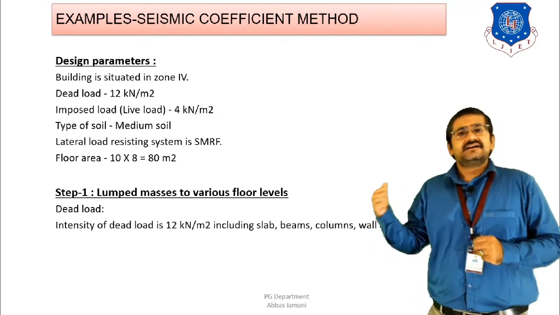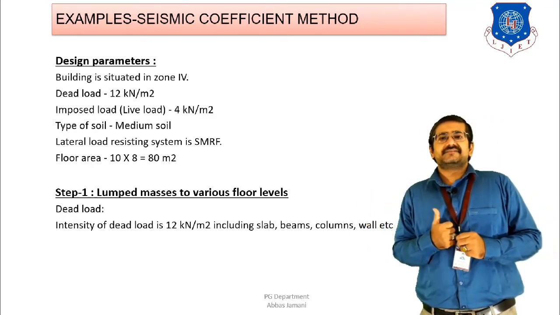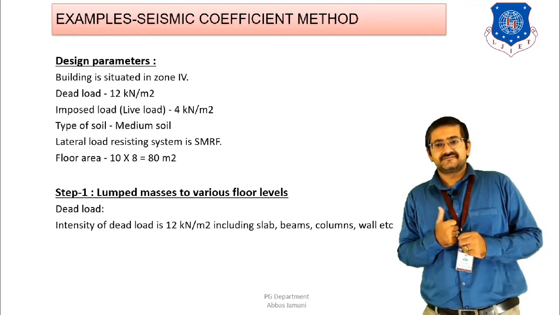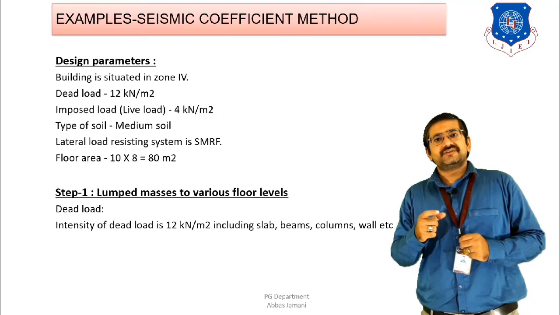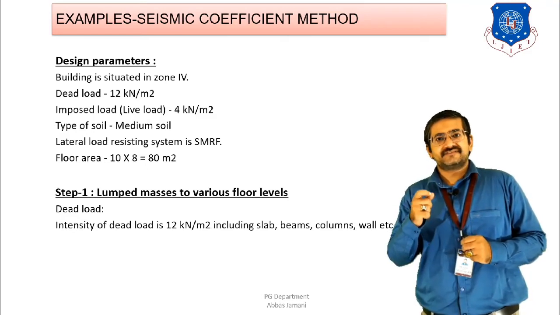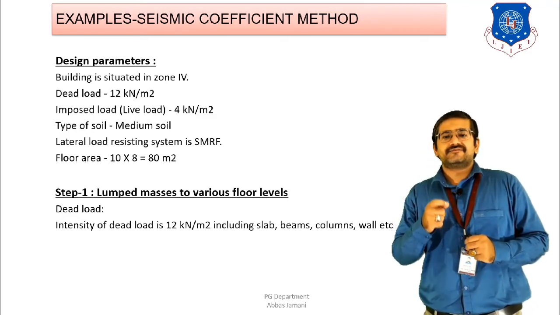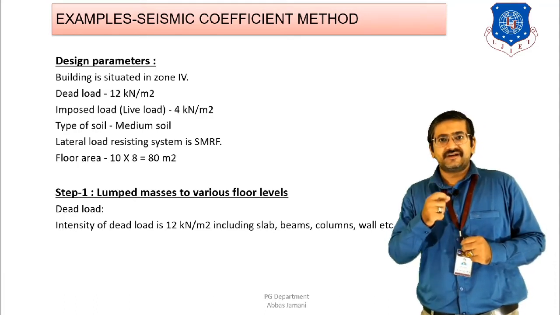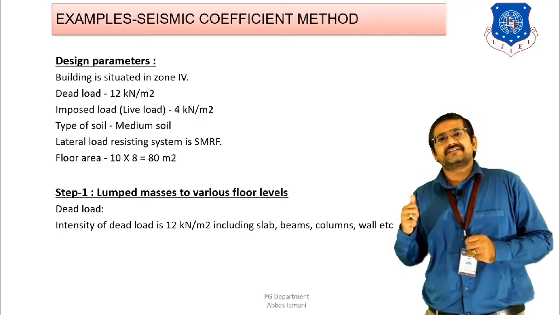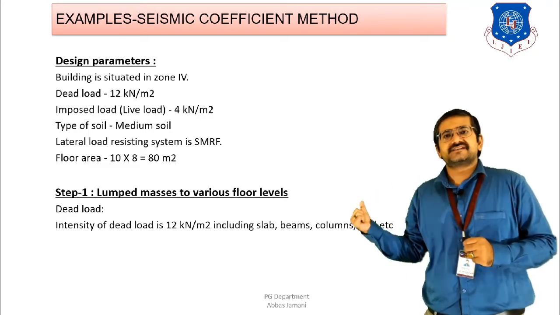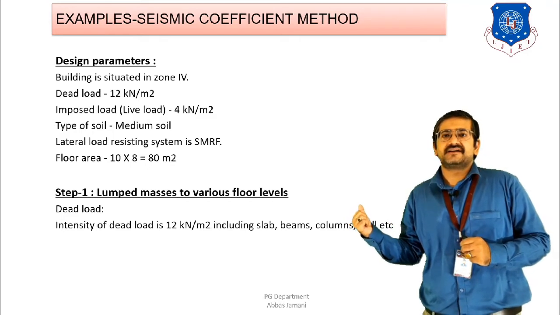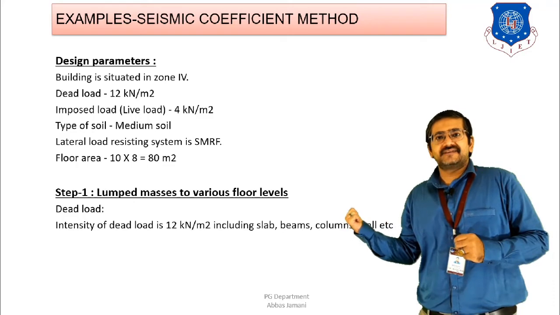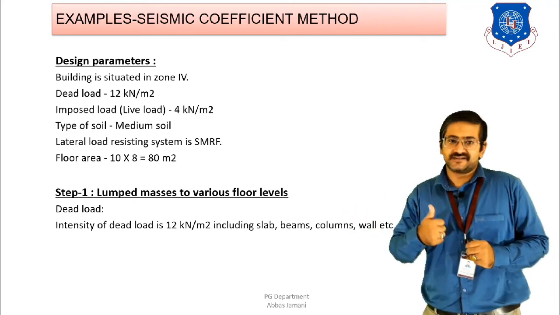Lastly, the type of lateral load resisting frame is considered as special moment resisting frame. And in case of special moment resisting frame, we have seen that whichever frame is going to be detailed as per the clauses of IS 13920, that particular type of system will be known as the special moment resisting frame system. And when special moment resisting frame system is there, then IS 1893-2016 is telling that the response reduction factor for that particular type of frame should be taken as R equal to 5. So wherever this frame type is mentioned, that is also going to help us decide the response reduction factor only, right?